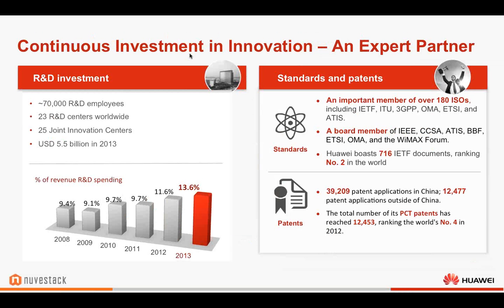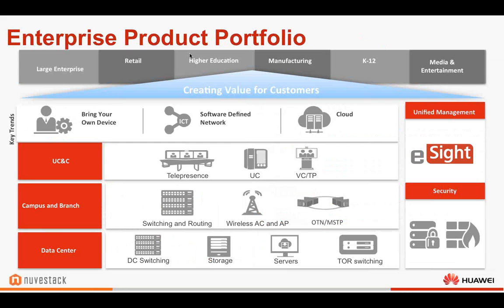You can only imagine that number of engineers is actually more than Cisco has total employees. So just a huge investment in R&D. We spent somewhere in the neighborhood of $6 billion in R&D last year. So there's a massive investment across a huge portfolio of products, and we'll show what some of those are on the next slide. But basically, we have lots of R&D going on across a wide variety of different areas.